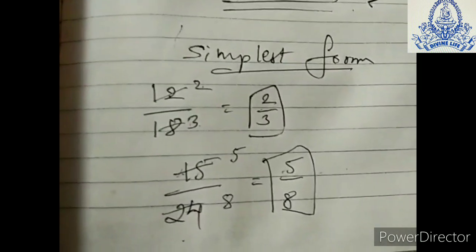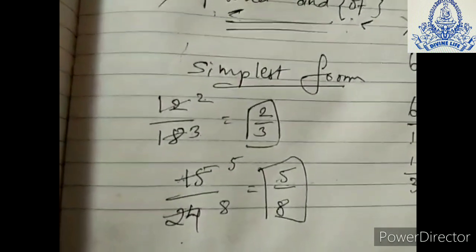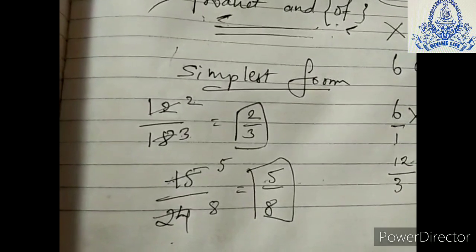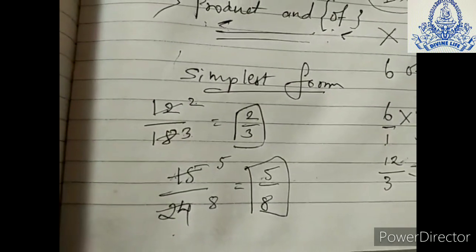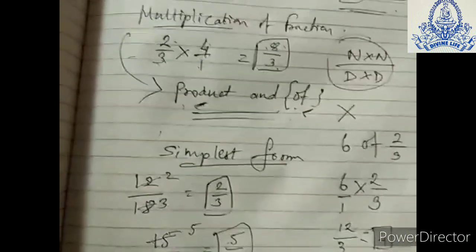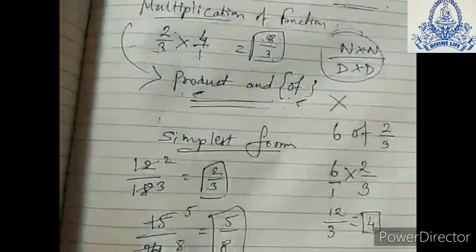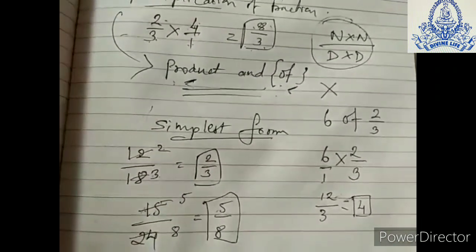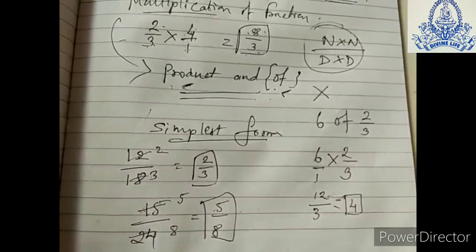So this is also one kind of sum which can be asked to you, and you have to solve this in the simplest form, or you can say reduced form. Another name is reduced form also. They can ask in reduced form also. Okay, students. So we can finish this today itself, and now we can start with exercise 2.1.